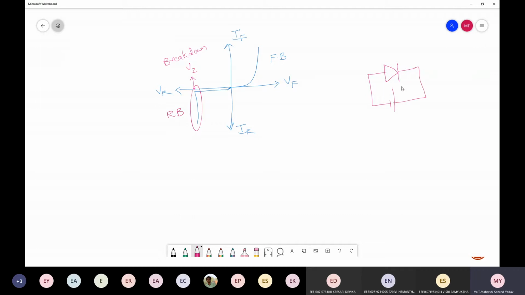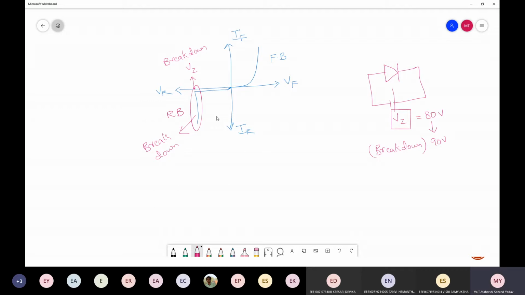So there will be a certain amount of voltage that we can apply. So suppose if this voltage reaches Vz, after that, suppose you consider this as 80 volts, for example. Suppose if this is beyond 80 volts, suppose it is 90, then obviously it will enter into the region called breakdown, because the diode can't withstand a huge amount of reverse voltage. So it enters into the region we call breakdown, which is nothing but Zener breakdown. Clear with this?